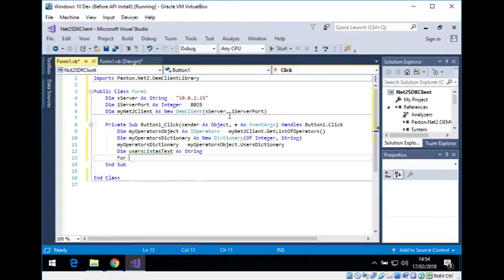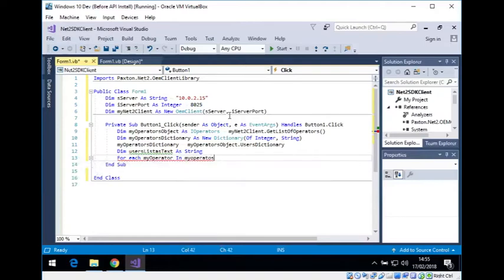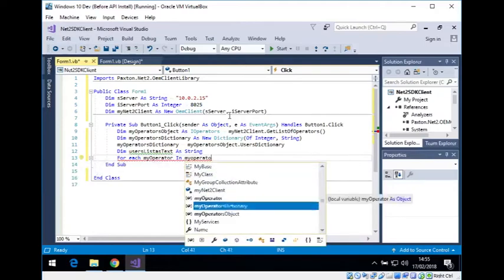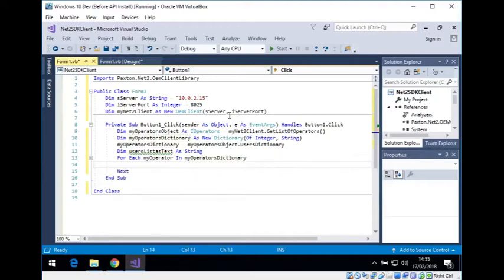So for each my operator in my operators dictionary, and I'm going to go users list as text equals